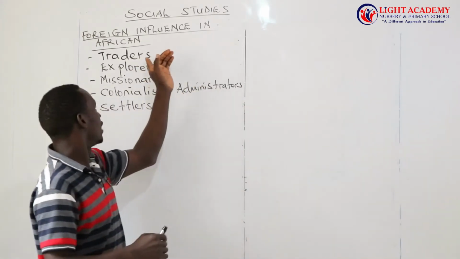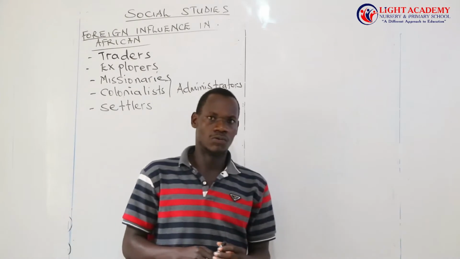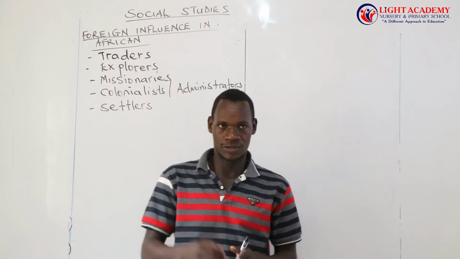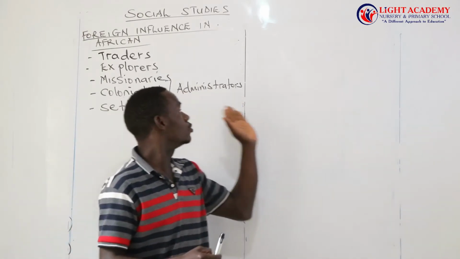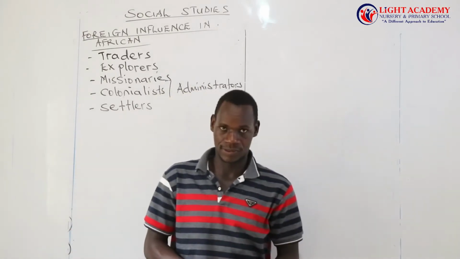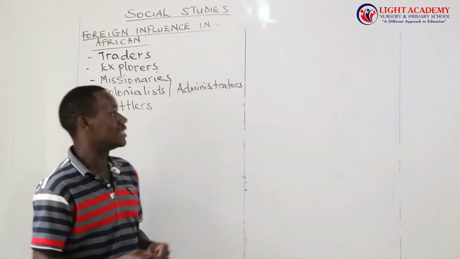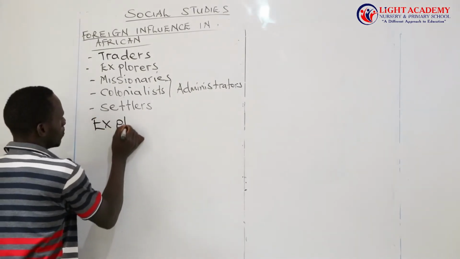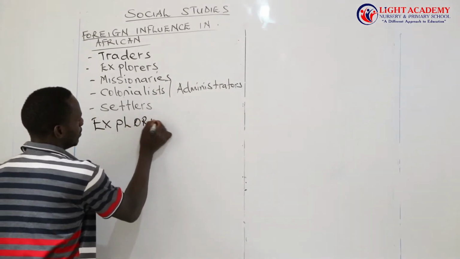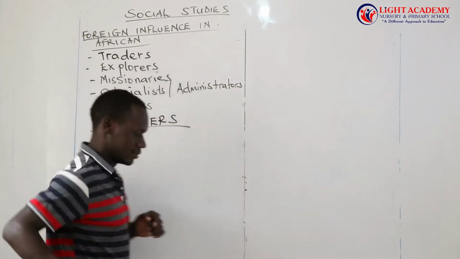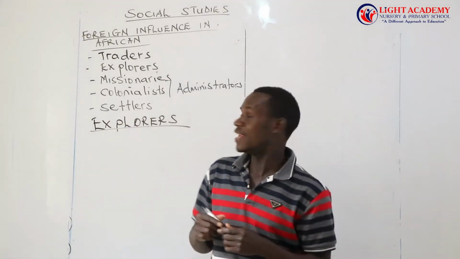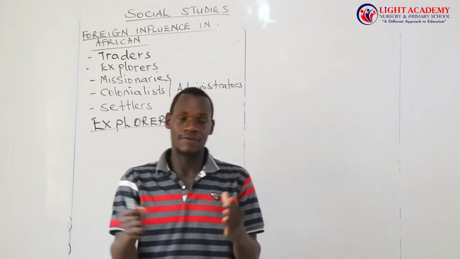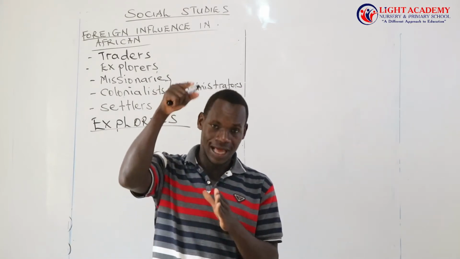Among these, we had looked at traders. With the traders, we had the Arab traders and the Indian traders. So these traders came to Africa with their different aims. But today, we are going to look at explorers. And these explorers are people who traveled from another country to another country,